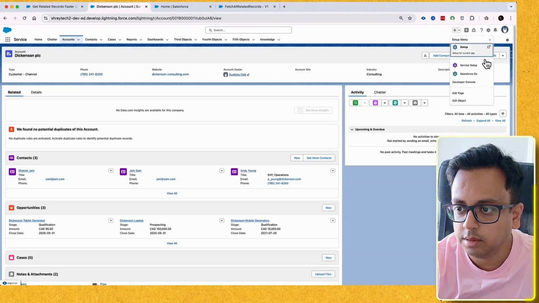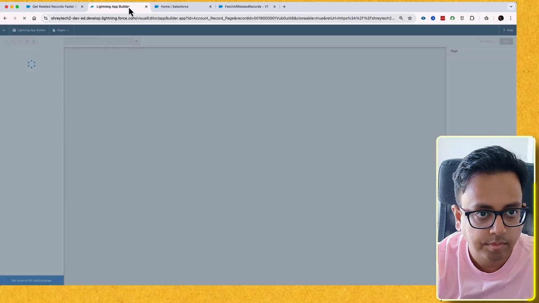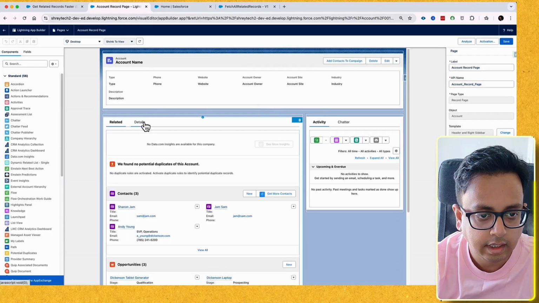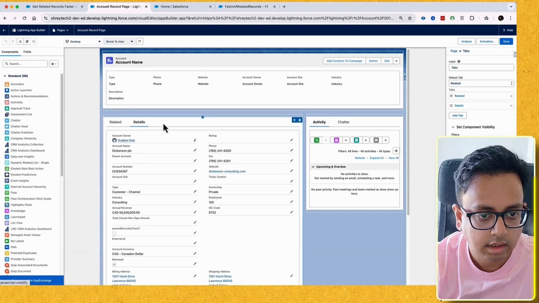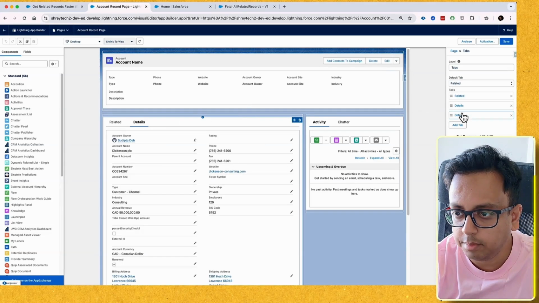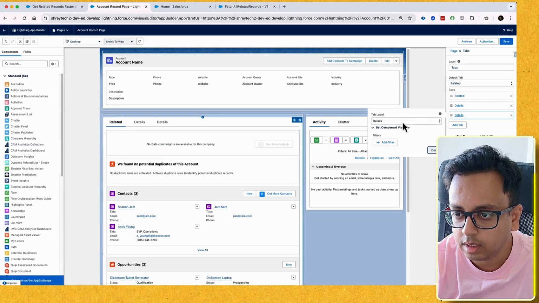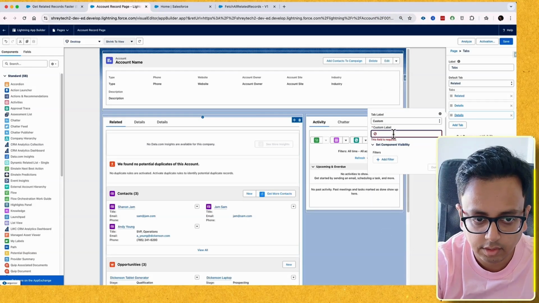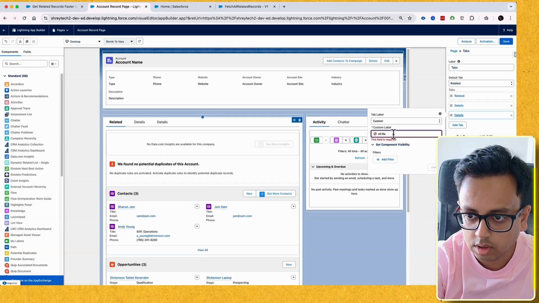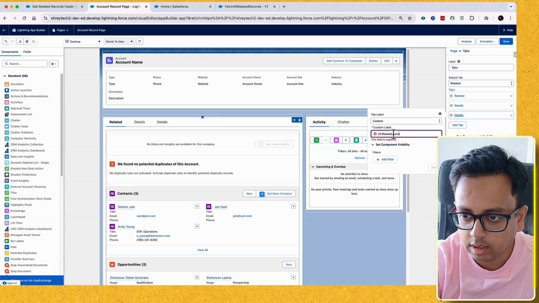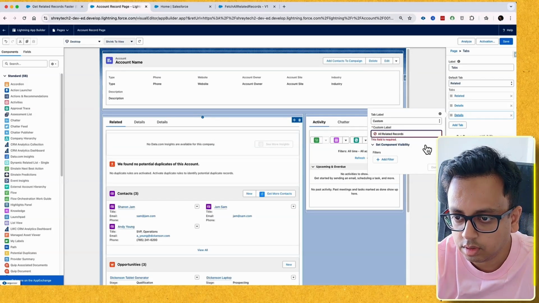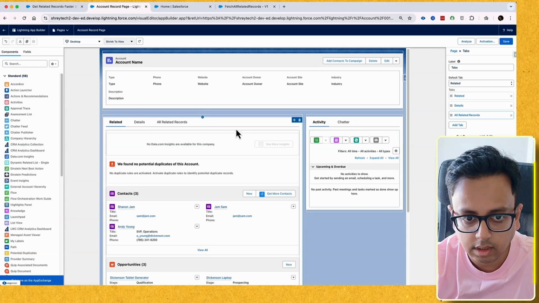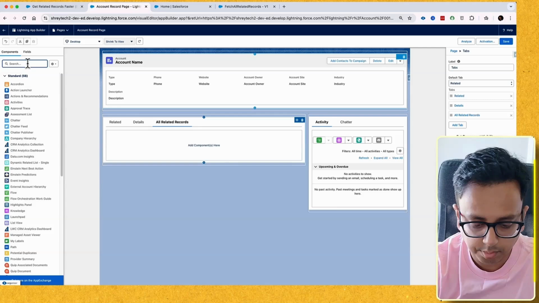Let's click on setup and edit page. And here in the detail, let's create one more tab. Give the name of the tab as custom tab, and let's give the name as all related records. Done. And here let's bring this flow,